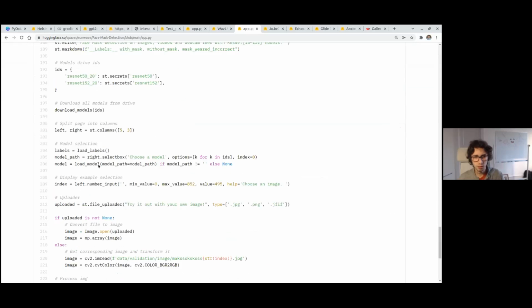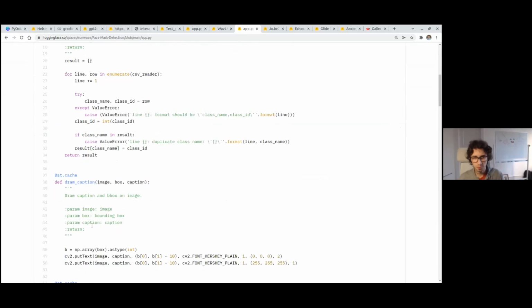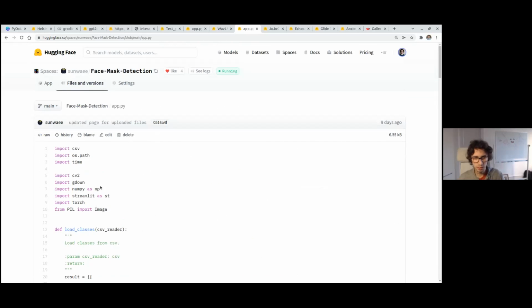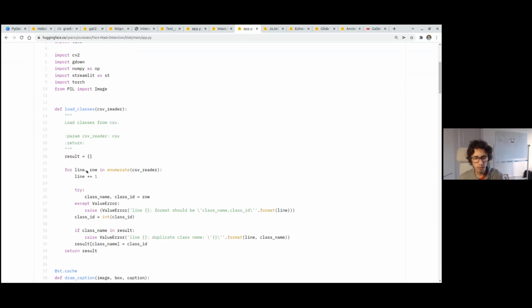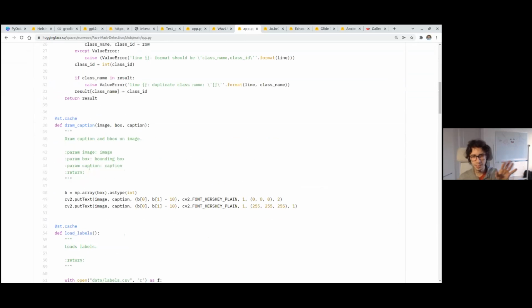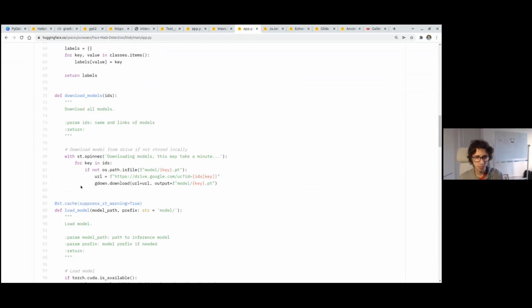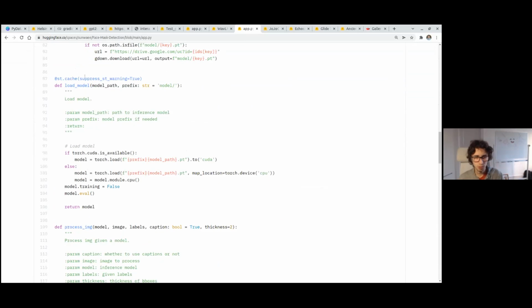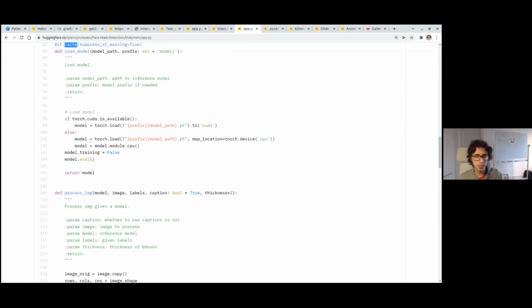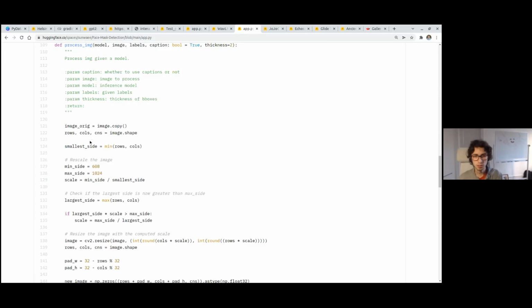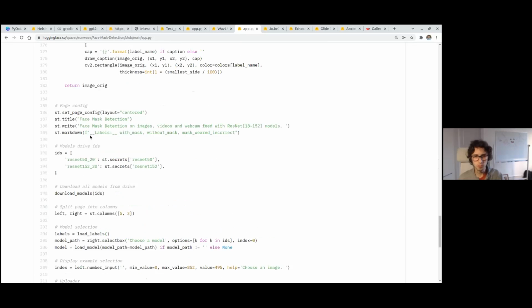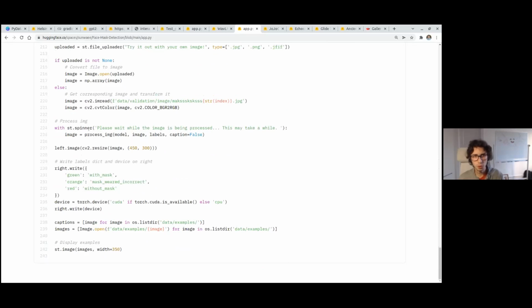The code here is a bit more than before because this demo is a bit more complicated. But even then, if you saw everything that there was, it's really quite simple. The code is not complicated at all. You can have in Streamlit things like caching, which is very nice because it makes the demos faster. And yeah, that is all the inference code.